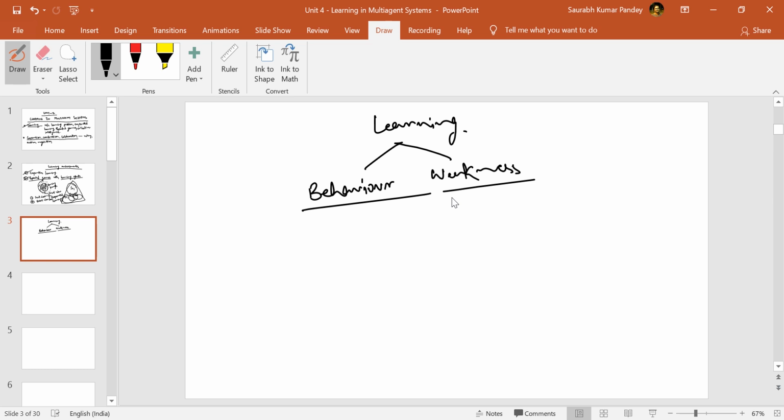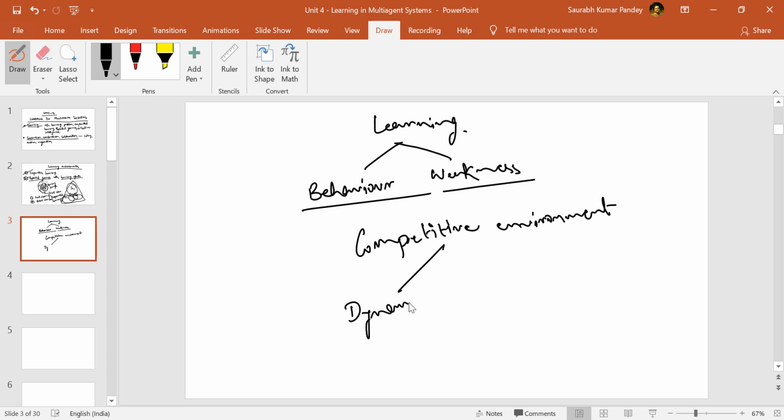So what happens in such kind of competitive environments? Every time, whenever we talk about a competitive environment, now you see again here some parameters are there. So whenever we say there is a competitive environment, herein first the dynamics of system changes. Fine, means your real time scenario, है ना? It's not always said that if you have set an agent to behave in a certain way, then they always have to do so. Then where is the learning? Because the real time scenario or the real world always changes its dynamics.